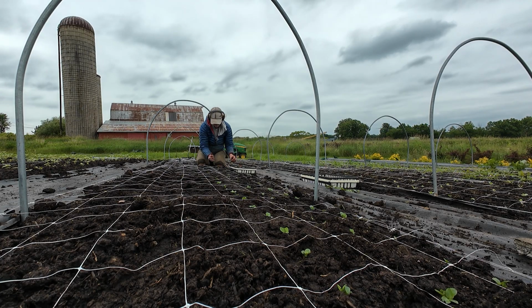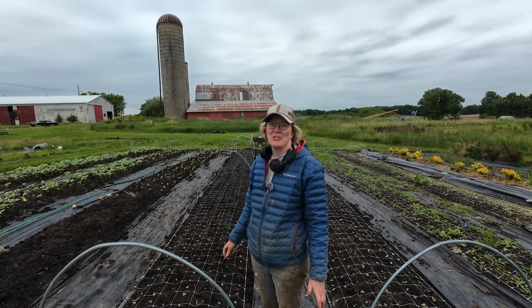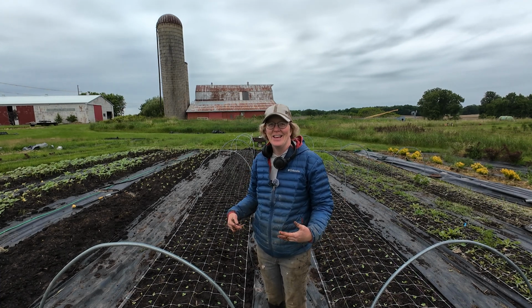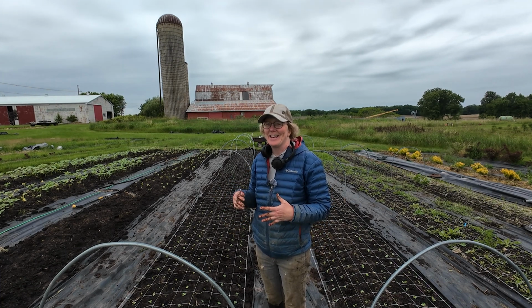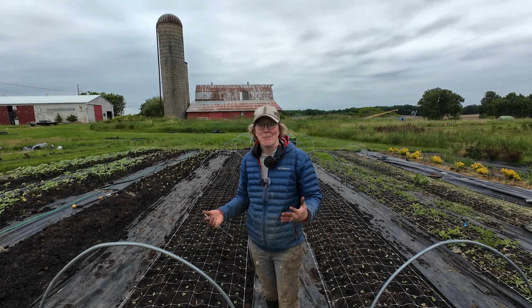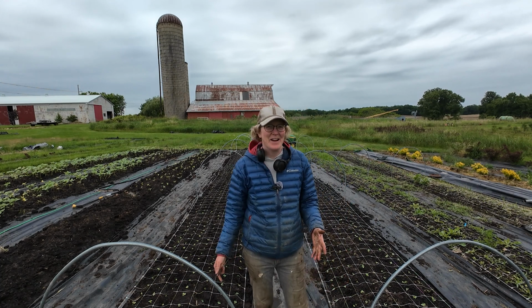I don't know what this weather is today. I don't even know what temperature it is. I had to go put another shirt on because I was so cold. And it's been cloudy all day, and we had quite a bit of rain, so it's incredibly wet and muddy out here. But it's kind of a gift because I